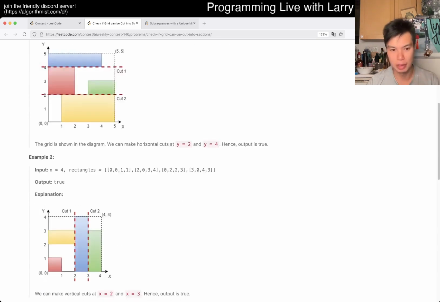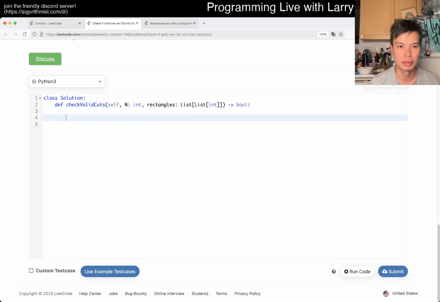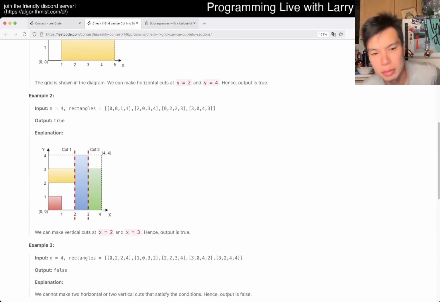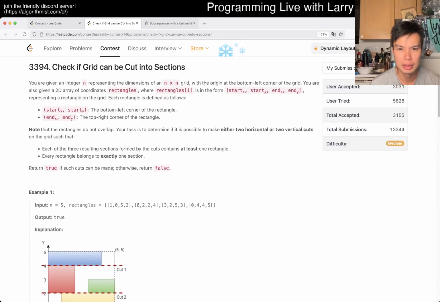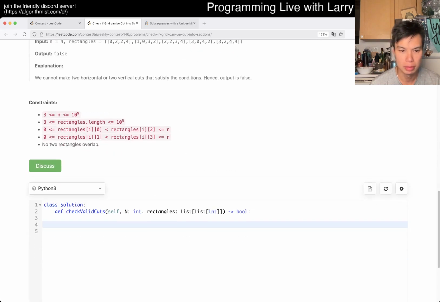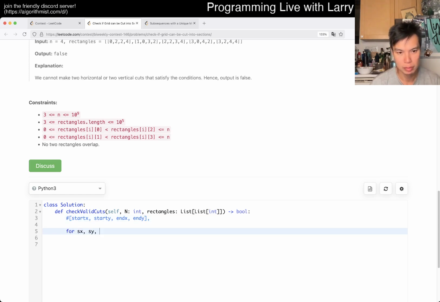Yeah, sweep line sounds okay. What is this? Where's the input? Okay, so then we want